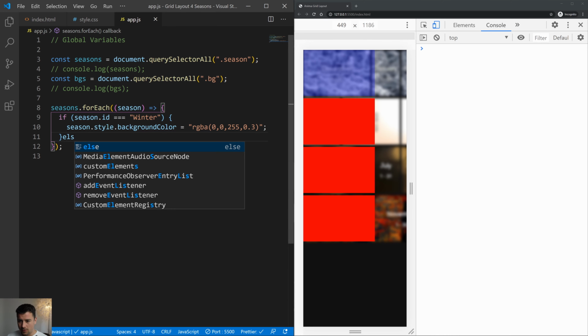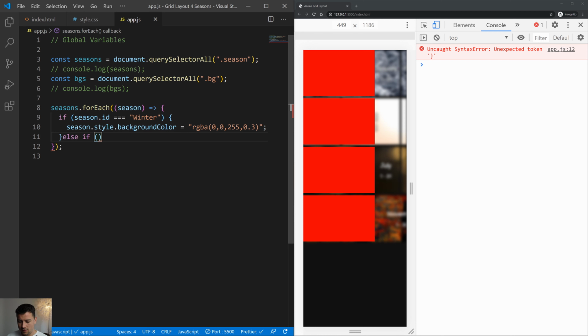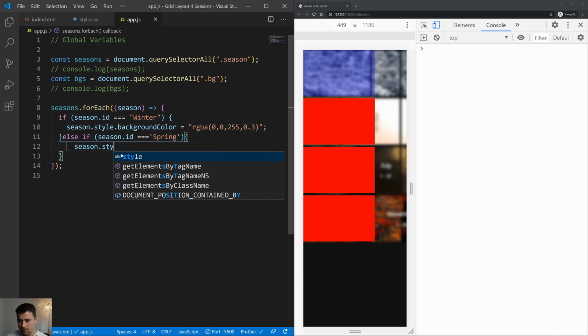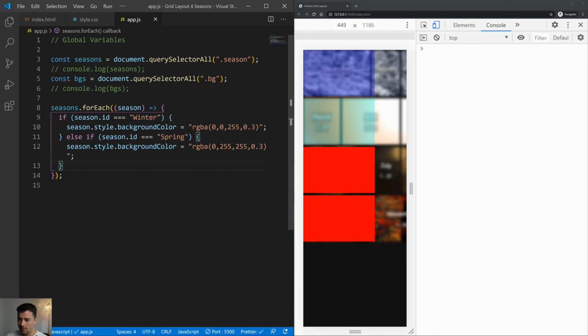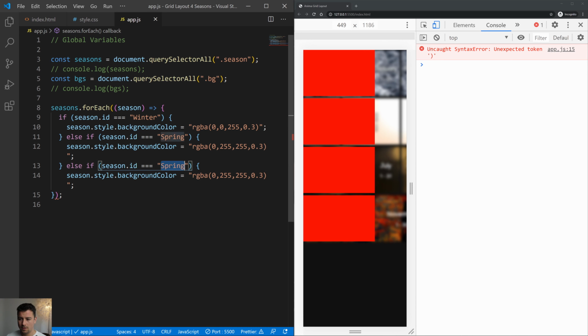Now let's go further on and let's say else if the season has an ID of spring, then the season should change its color. So it's background color with style.backgroundColor, and I'm going to copy in the RGB again. Now let's take on the next one, and I actually could just copy this. So else if season has the ID of summer, then the color should be, let me copy in the color,